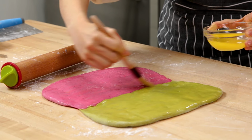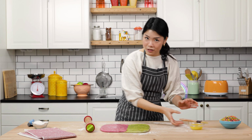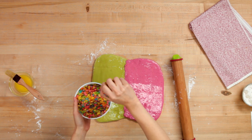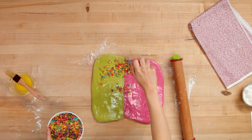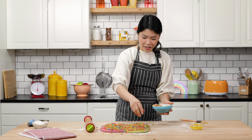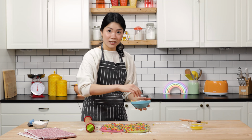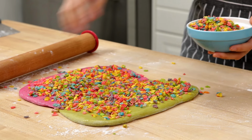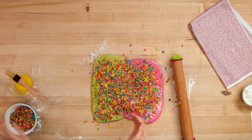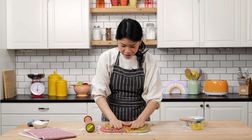Babka is a treat. And then the next thing I'm gonna do is add on some fruity cereal. It's a very nostalgic flavor for me, and I honestly just also love the crunch here. I think that looks pretty good. Am I being too generous? Okay, I think I'm a little too greedy here already. All right, great. I'm just gonna go in with my hands here and just